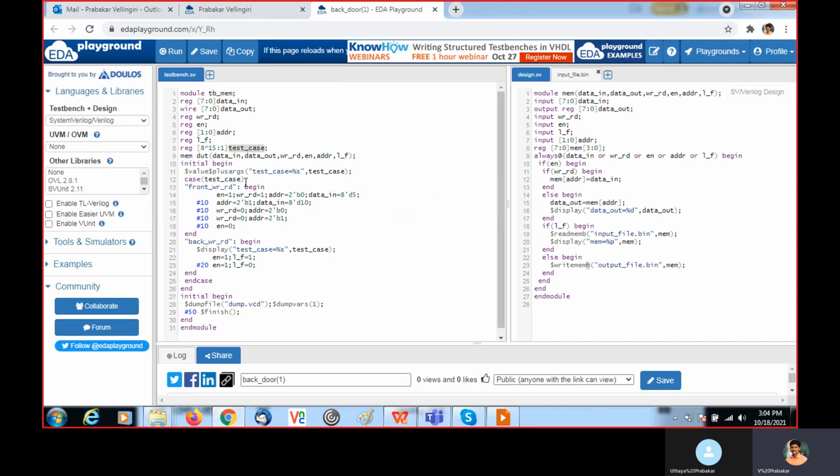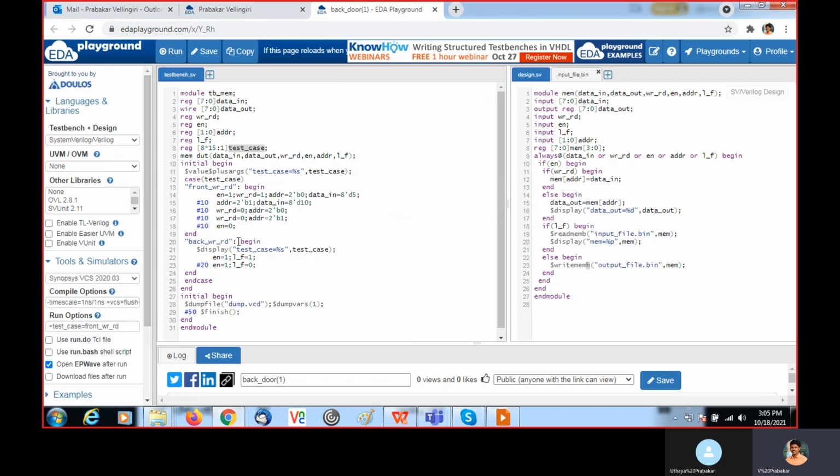Then this is the test case. Here I am going to write 2 test cases. One is front write read, another one is back write read. From the command line, I need to pass which test case I am going to run. In Verilog we don't have a string, right? So to store each character we need 8 bits.